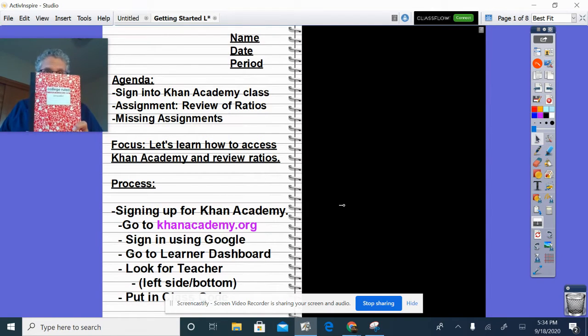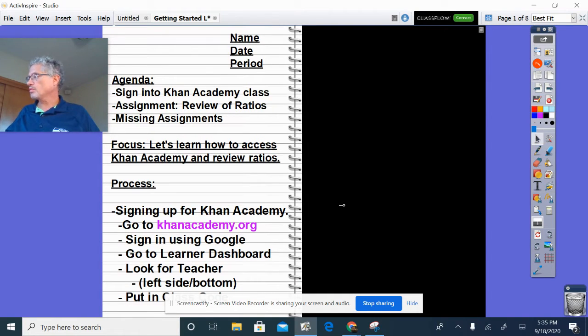And if you need a comp notebook, I will have some available for you on Wednesday when you come by to pick up textbooks. I'll say more on that on Monday. I'll probably send a little survey out to find out how many I need to get. But anyway, here we have